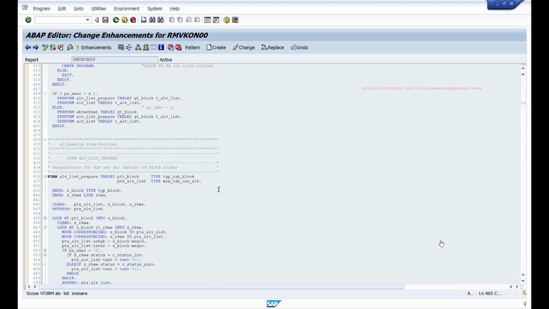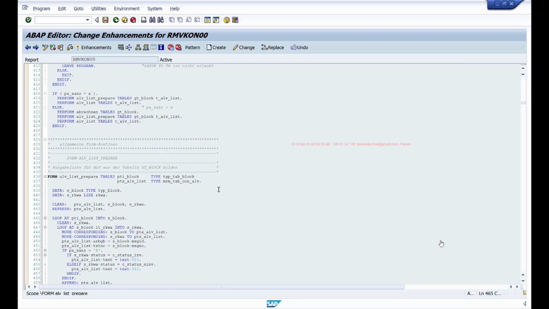So with this, we conclude the topic on enhancements. Enhancements are more for people with some experience in ABAP, because you really need to spend some time with the SAP system, understand various applications, understand how standard SAP programs work, how SAP writes the code, understand the business requirements. So you need to have some exposure and experience before you can be comfortably working on these enhancements. But these are the basic things. The challenging part is always finding the right enhancement. Once you find the right enhancement, implementing is very easy.